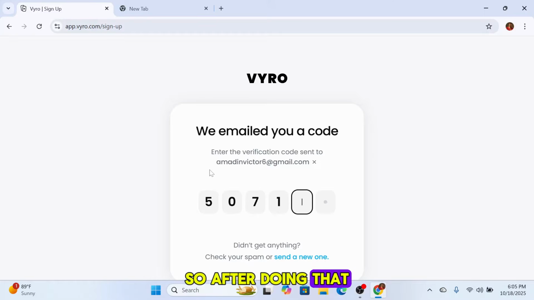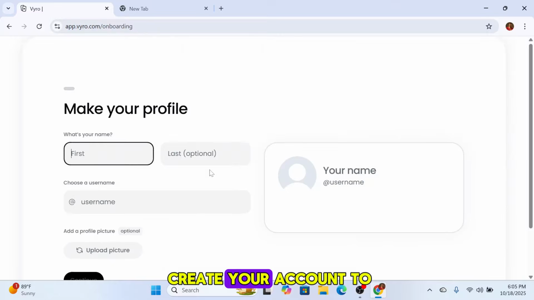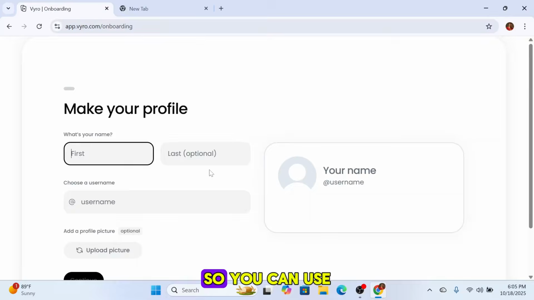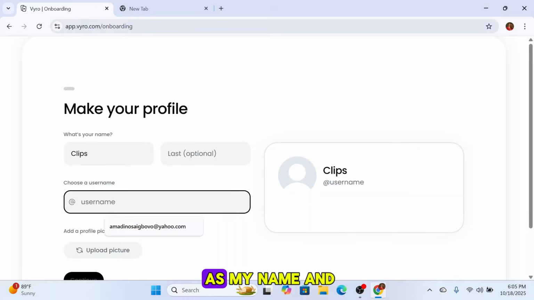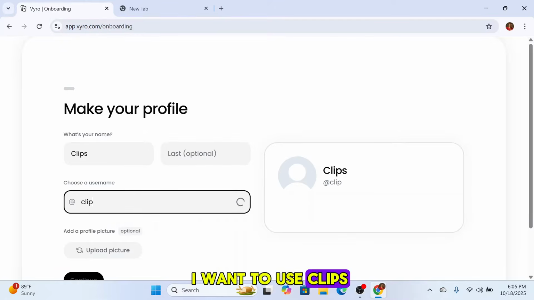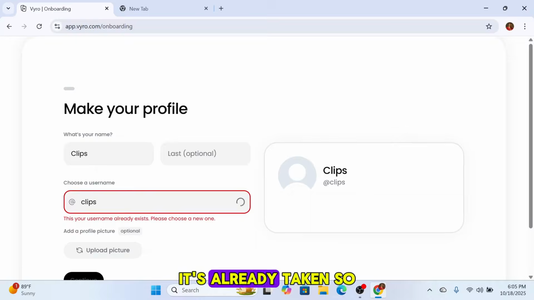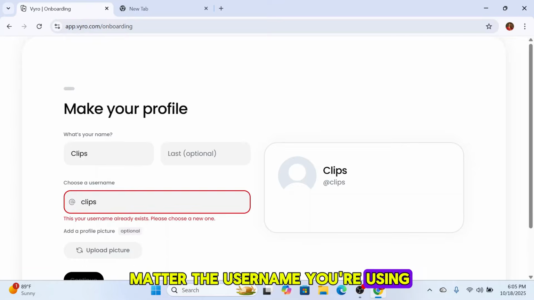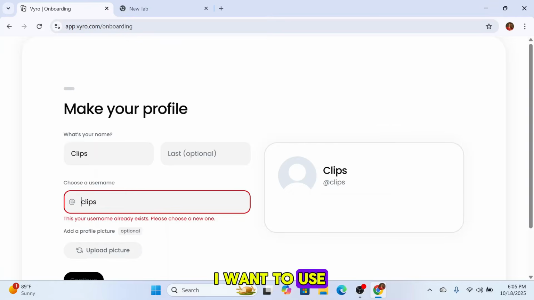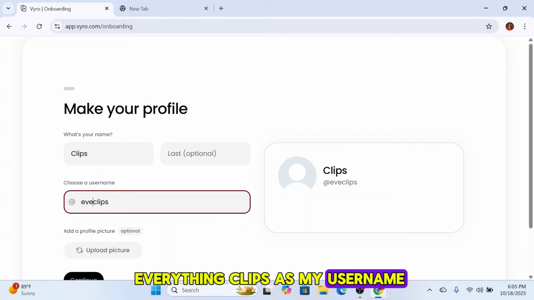After doing that, you'll be prompted to create your account and make your profile. Your name and your username will be required. You can use your name, or any name that you feel like using if you want to stay anonymous. So let's say I want to use Clips as my name and Clips as my username. Okay, this is already taken. So you can use any username, it doesn't really matter. Let's just say I want to use everything Clips as my username.